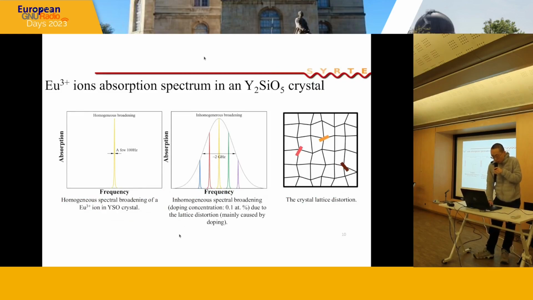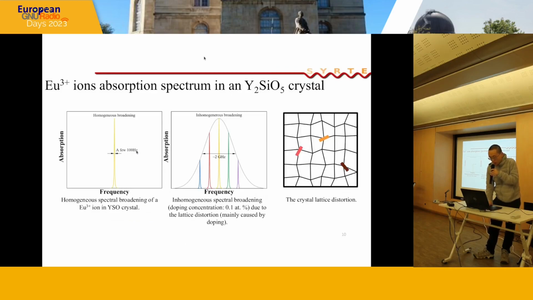Then it comes to the crystal part. We are using the europium doped YSO crystal in this experiment to make spectral holes. So let me introduce the absorption spectrum of the europium doped YSO crystal first. Here on the left, as you can see, is the homogeneous spectrum broadening of europium ions in YSO crystal. The absorption band is relatively narrow. It's a few